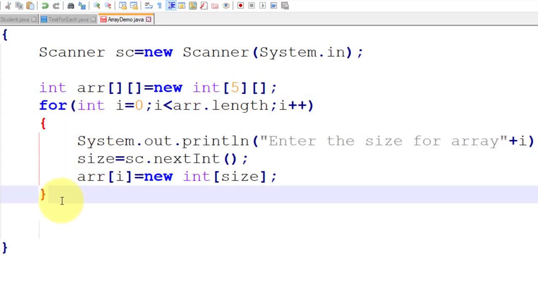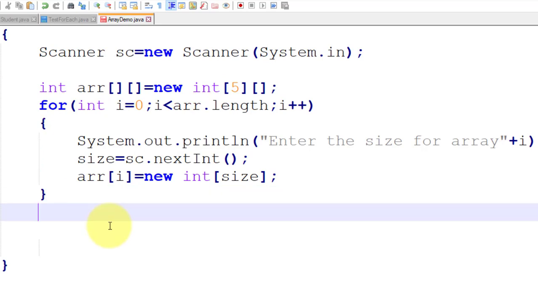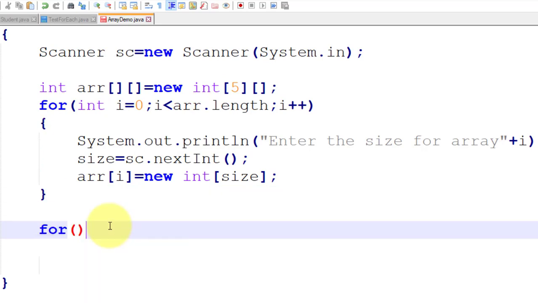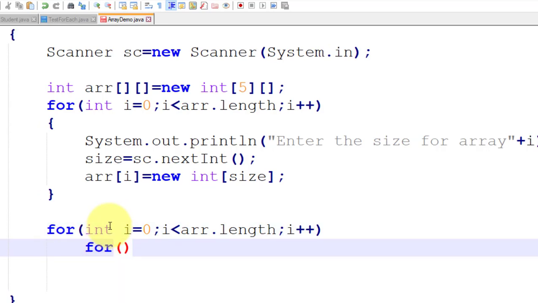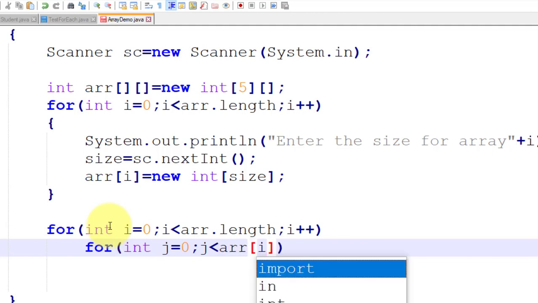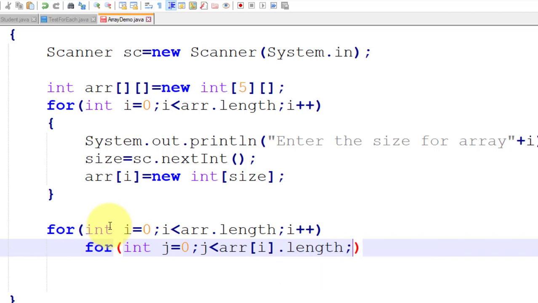Now if you want to take an input, right? So you define it. int i equal to 0, i less than arr.length, i plus plus. So j less than the length of each row of the array, and here j plus plus.